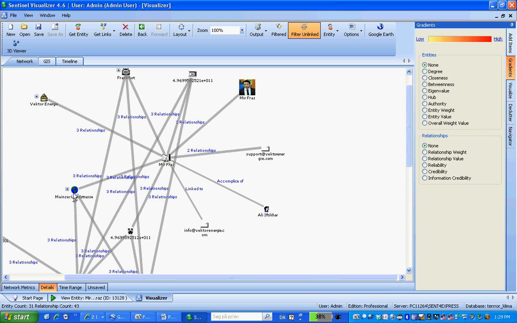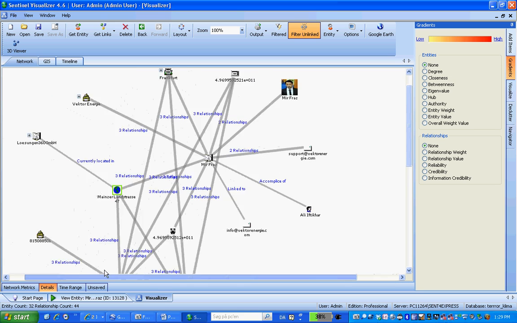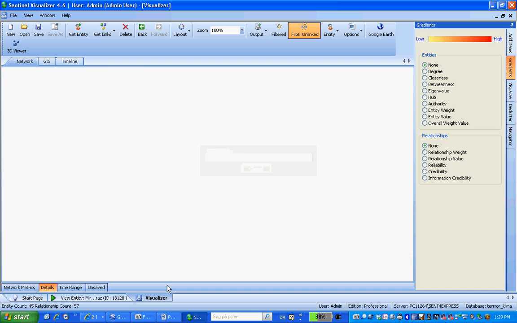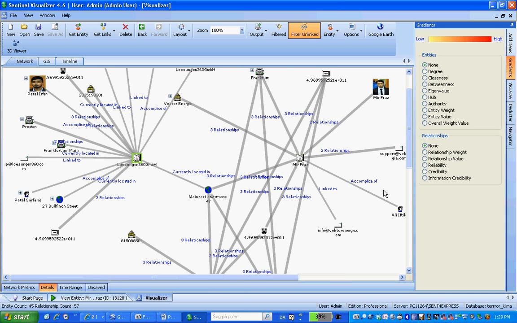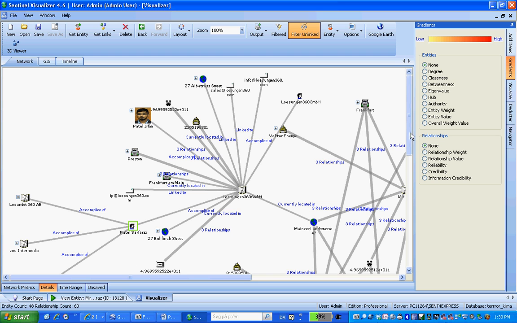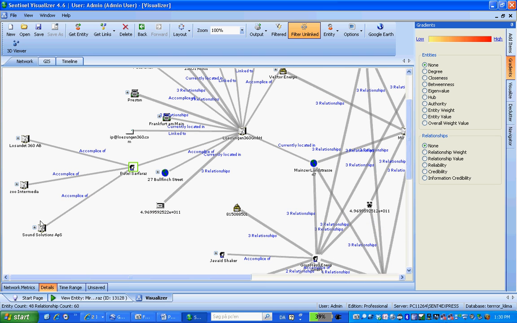You can see here that the Münster Landstraße address, which is connected to the Mir Fras account, has an X mark, which means that there's additional info on that one, and that's the connection to a company called Lösungen 360 GmbH. It's a German company, but this is related to Mr. Patel Irfan. He's at trial in Germany. There's an address in the UK, in Preston. There's another address here, and there's a person here, Patel Sarfaraz. And as you can see, he's linked to a company, this is a Danish company, this is a Polish company, and this is a Swedish company.